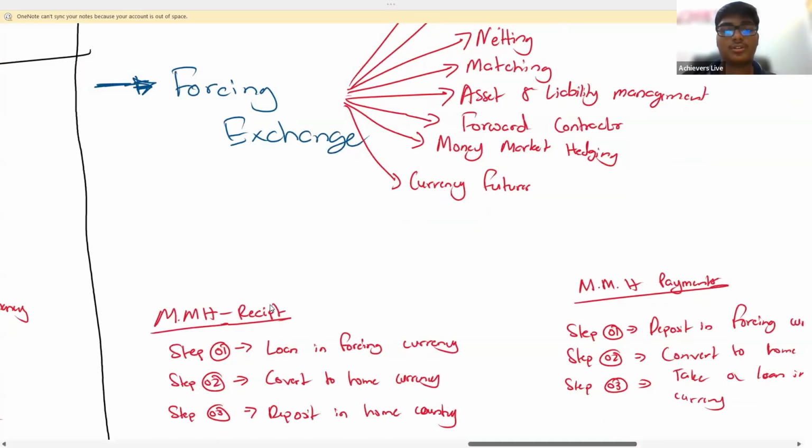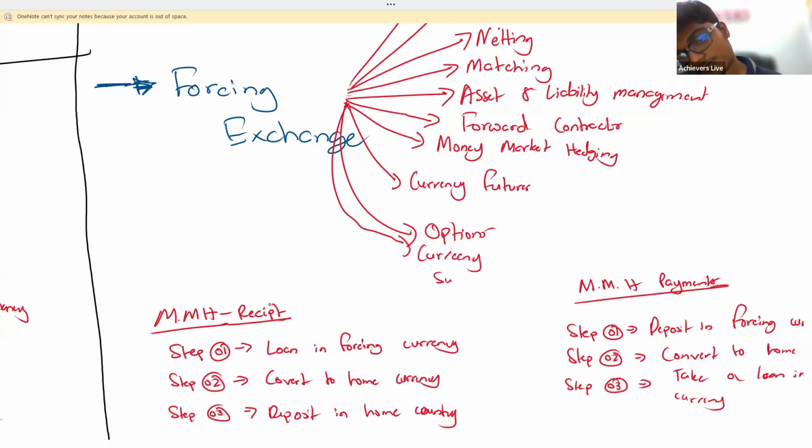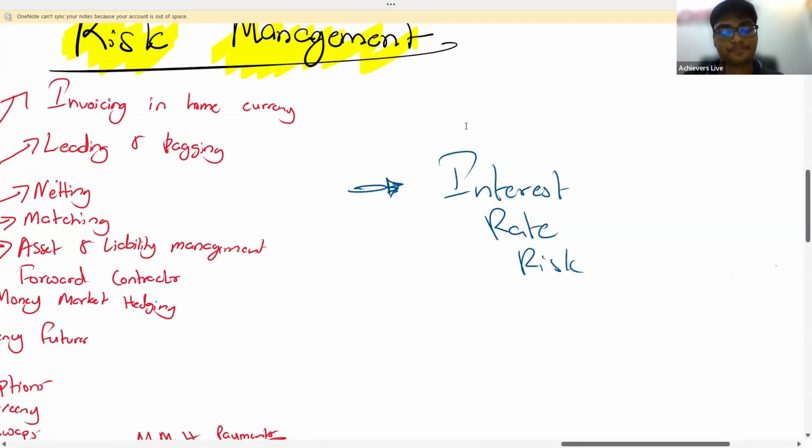Okay. So next, what is the next thing? That's it. No, options are there. Options and currency swaps. Your options and you have currency swaps. So options are what? Options give you the right, but not the obligation to convert the currency. If you are going for the option rate, it is called exercising the option. If you are ignoring the option rate, it is known as lapsing the option. So these are what you have to remember.